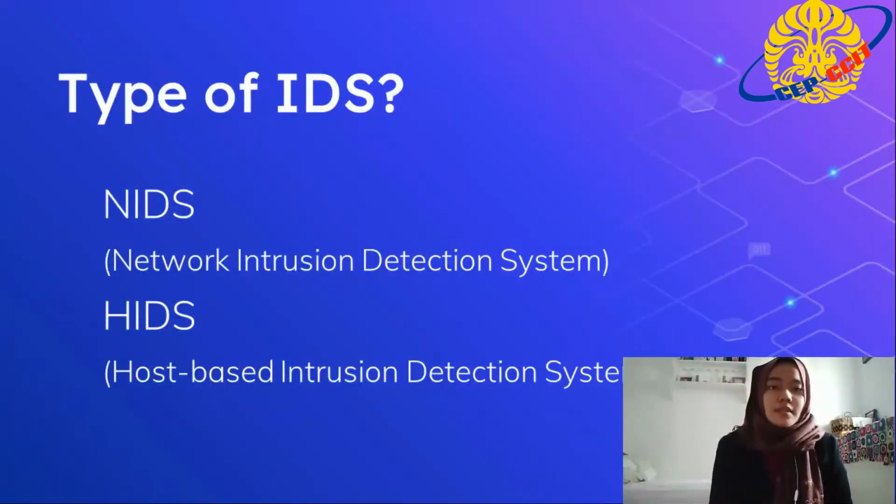IDS has two types, NIDS and HIDS. NIDS works by looking for patterns of attack in network traffic. HIDS monitors the status of key system files and detects when an intruder creates, modifies, or deletes the monitored files. The main difference between NIDS and HIDS is that the NIDS can access information that is encrypted when traveling through